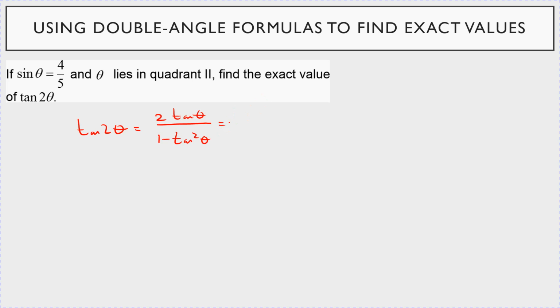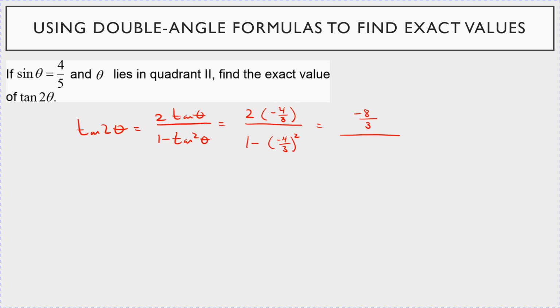So here you just have to do the algebra, okay? So this is 2 times minus 4/3 all over 1 minus 4/3 squared. Well, here the numerator is just minus 8/3